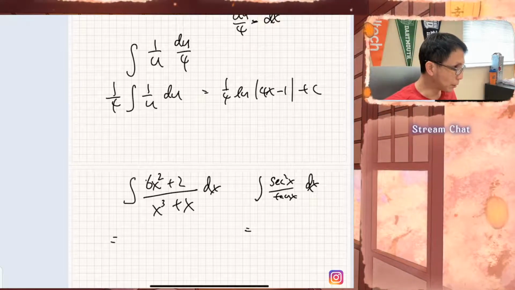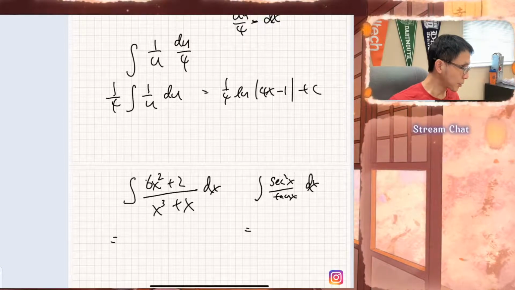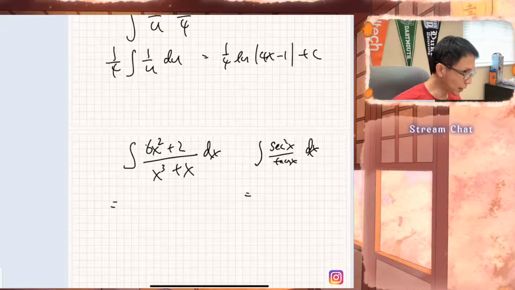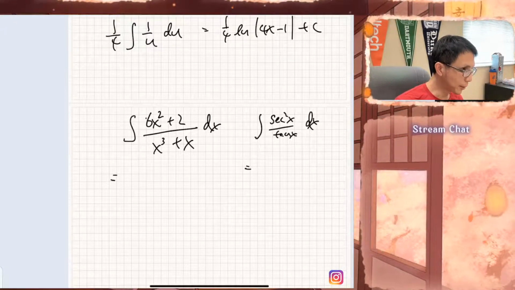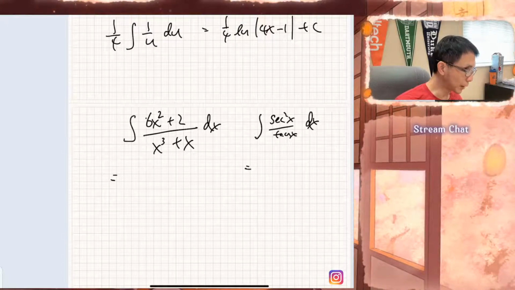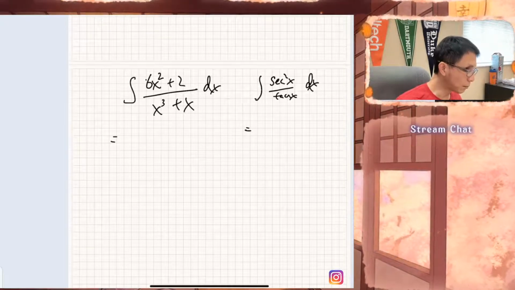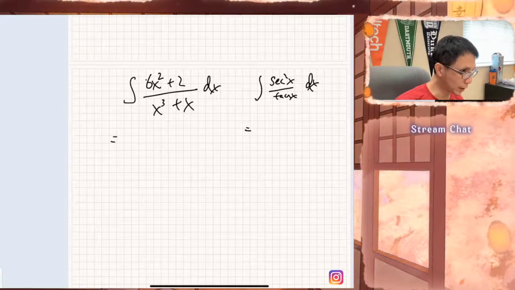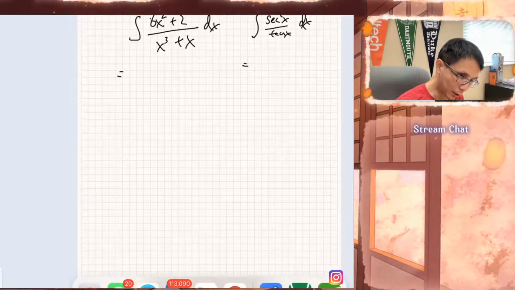If you're done with both, I want you to challenge the next one. The next one's kind of challenging. It has a little bit higher level thinking. Would I give you that question on the next level? Yes, because this is BC, we should take account. We'll be able to do all the questions in AB and BC. So the next question is going to be